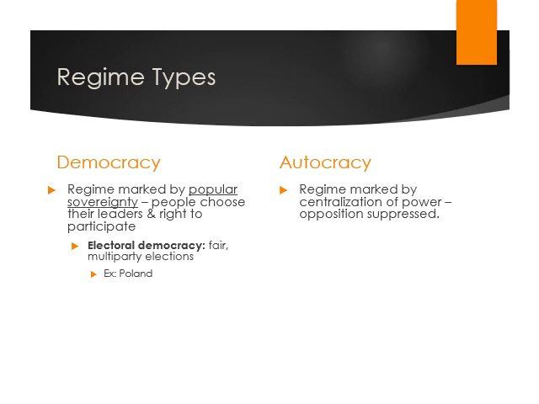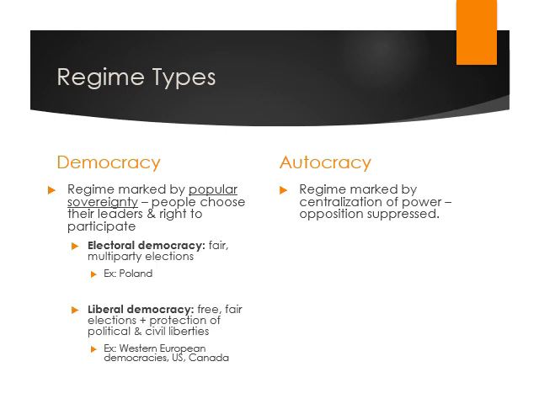So this is where you see the difference with liberal democracies. Liberal democracies have free, fair, competitive elections, but they also protect all other sorts of political and civil liberties. So in addition to free and fair elections, they also protect freedom of speech, freedom of religion, freedom of association, or the ability to form groups, freedom of the press.